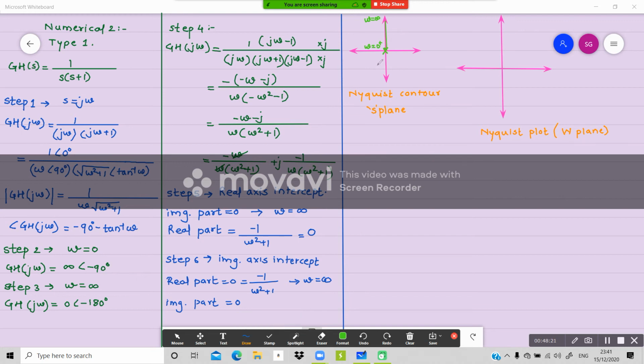Very well, you are aware of how we are moving, correct? At omega equal to 0, now all the conditions are with us. When omega is equal to 0, the magnitude is infinity, and the phase is coming from minus 90. From minus 90 at infinite magnitude it is going to approach the origin. At omega equal to infinity, 0 magnitude and 180. So obviously the plot will be of this kind, correct?